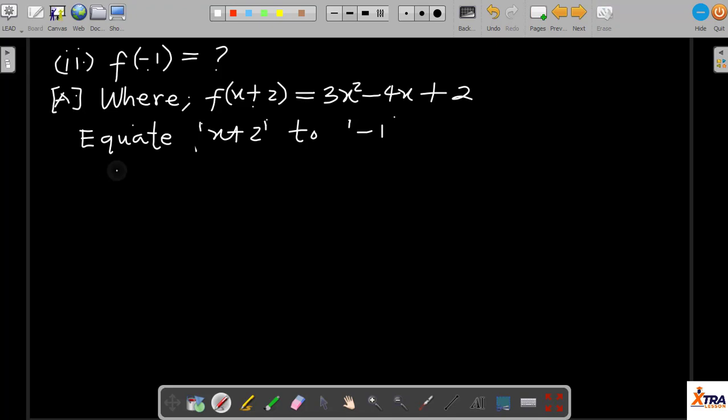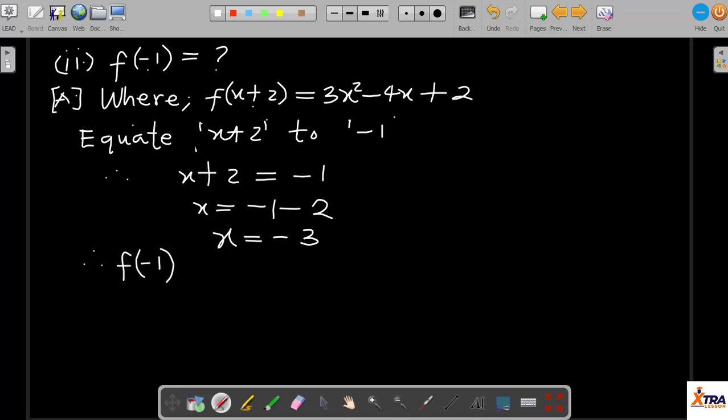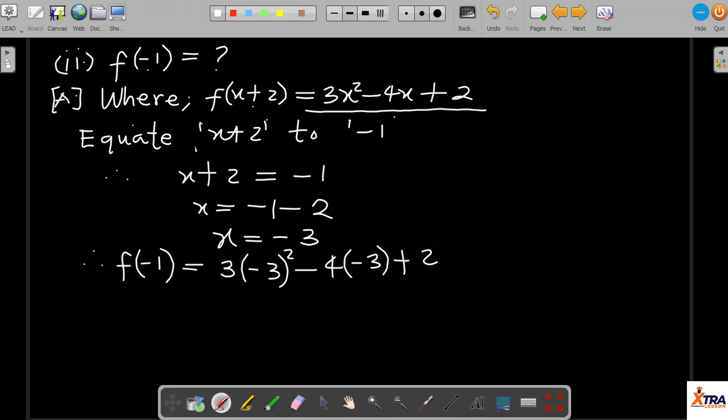So how do I do that? I simply say x plus 2. This x plus 2 here equates it to minus 1. Whatever value of x I get is the value of x that I'll be using to substitute. So I have x here. x equals minus 3. I've gotten my x, then I can now say therefore my f of minus 1 now, instead of substituting minus 1 into this function, I'll be substituting minus 3. So I have 3 into bracket minus 3 squared minus 4 into minus 3 plus 2,